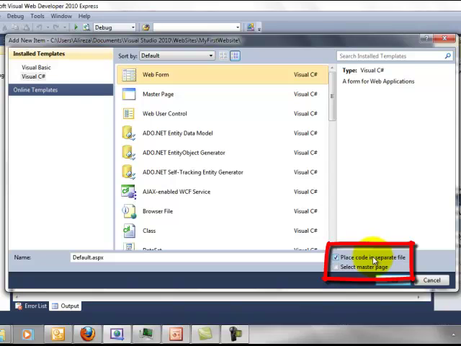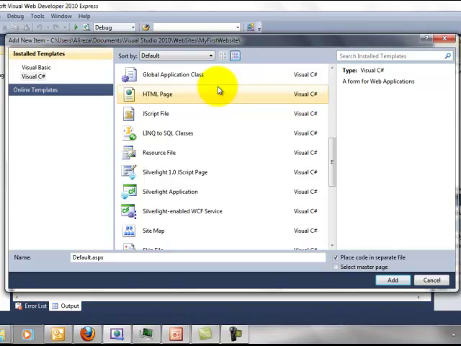And in some cases, when your codes are big enough that they might clutter your ASP.NET file, you definitely want to organize them within the code behind file. Now, we're not talking about ASP.NET, so don't worry about that. Scroll down all the way to HTML page, and that looks like a web